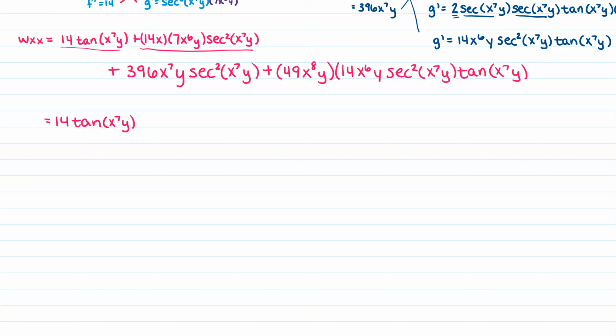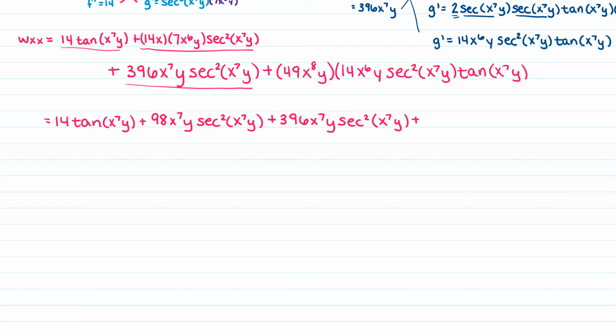So 98 x to the 7th y secant squared of x to the 7th y, plus this guy, that doesn't have anything to clean up, 396 x to the 7th y secant squared of x to the 7th y, plus,